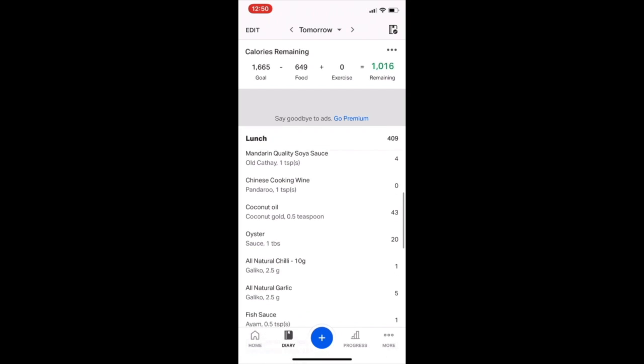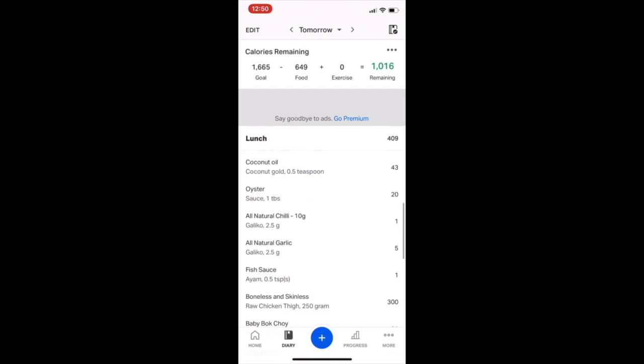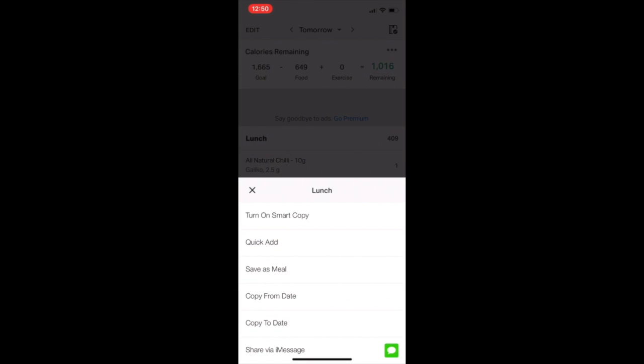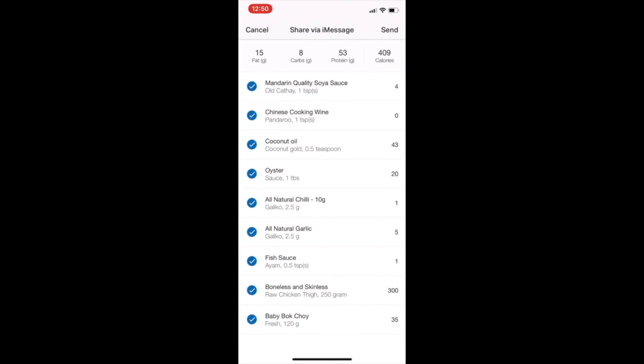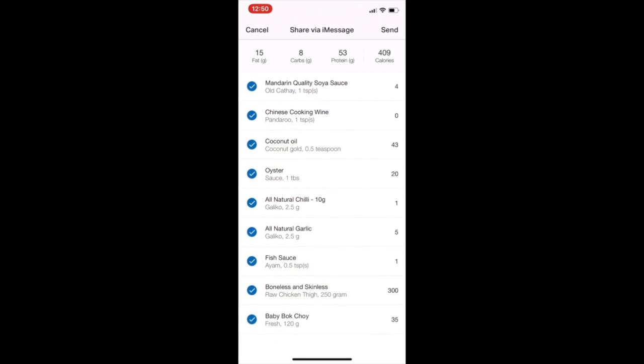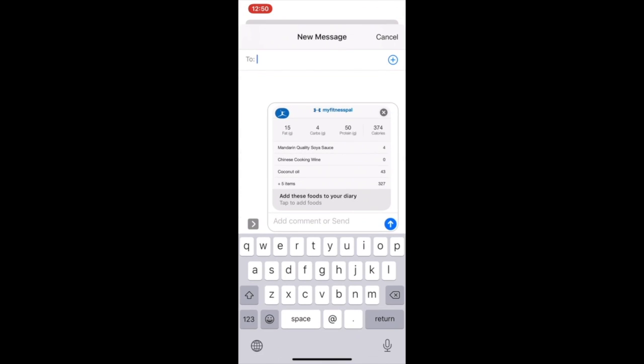So for this one, say I want to send my husband Todd lunch. Again, I am going to click those 3 grey dots on the right for add food and share via iMessage. Tap that, and then I can select what I'm going to share with him. So in this instance, it was an entire meal that I'm sharing with him. But say, for example, he didn't eat the baby bok choy, which is at the bottom of this list. I can just deselect it by tapping on it, click send at the top right,